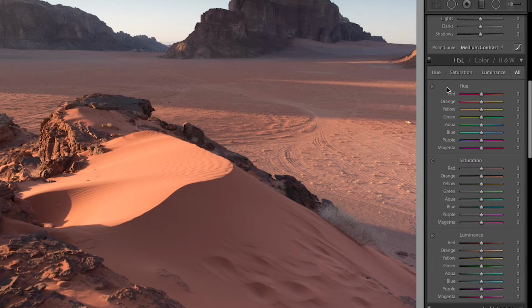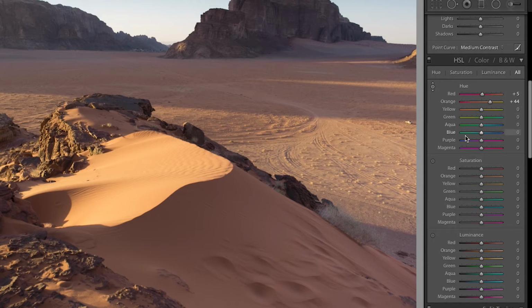And let's start out with this first section, which is hue. Now, what is hue? Well, you might have heard the term before, and it generally refers to colors. So if we take this little sample tool here, let's see if we can adjust the hue of this sand in the foreground. If I click on this and drag it up and down, you can see it's drastically changing the color of the sand itself. And if you look at the sliders on the right hand side, you can see both the red and the orange sliders are being adjusted. So what's happening here is you can see the color gradient throughout here. It goes basically from like a magenta up to yellow,